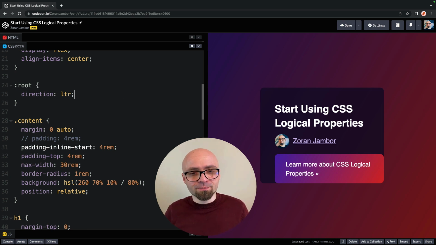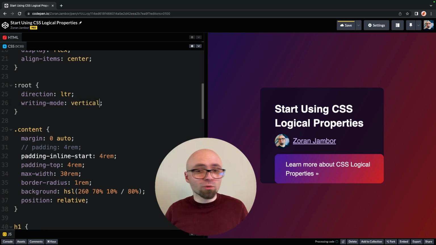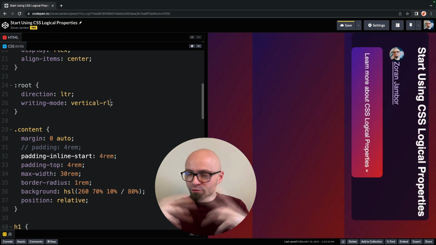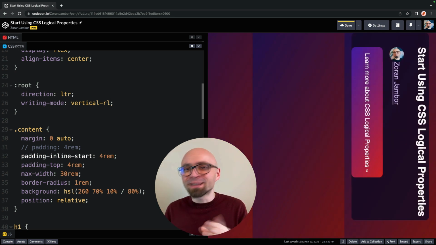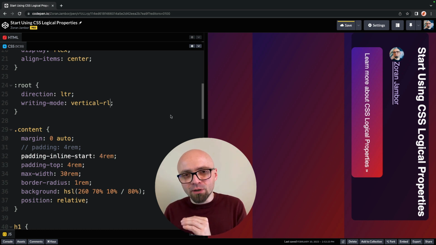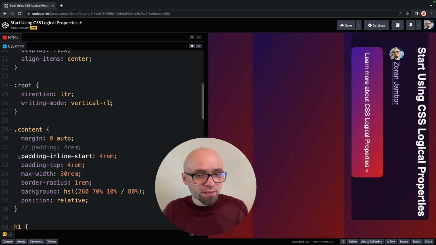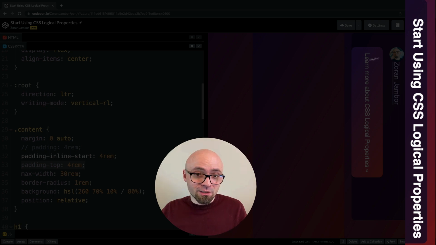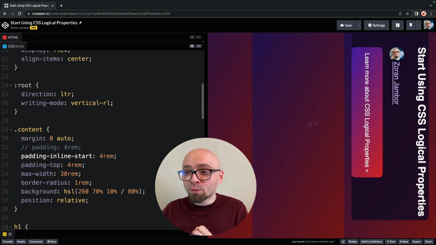So let's try doing this. We're going to set the writing mode to vertical, right to left. And now this actually created a whole slew of other problems, and we are going to get into all of those immediately. But what I actually want you to focus on is this particular area that we tweaked, padding top in our English writing mode. But if we switch our writing mode to vertical, this should be right. So padding top is not going to make sense here. We actually want to have padding